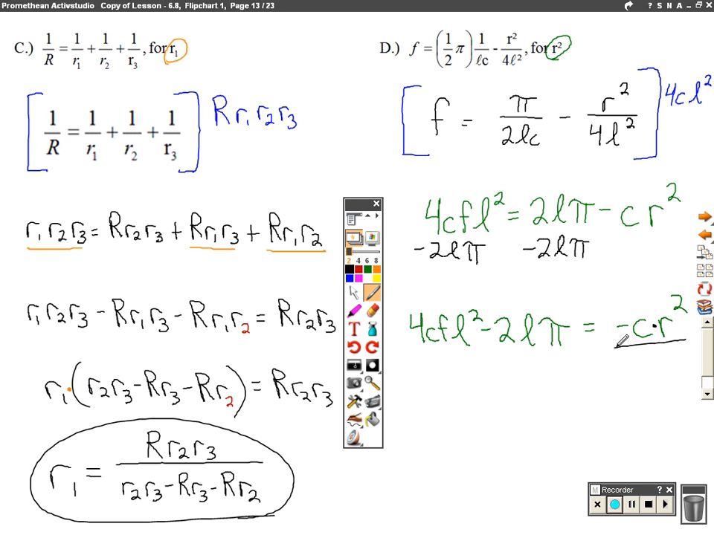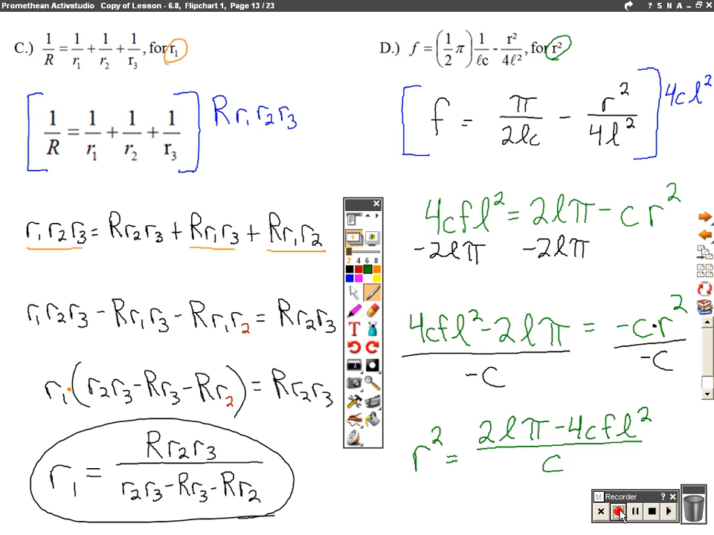And then I can undo the multiplication with division, divide both sides by negative C. And I don't want to leave a negative C like that. So basically what I can do is multiply top and bottom by a negative 1. And that's not changing the value of what I have here. This would become a positive C. And this here, remember our little trick, we would just flip these terms around. So my final answer for R squared would be